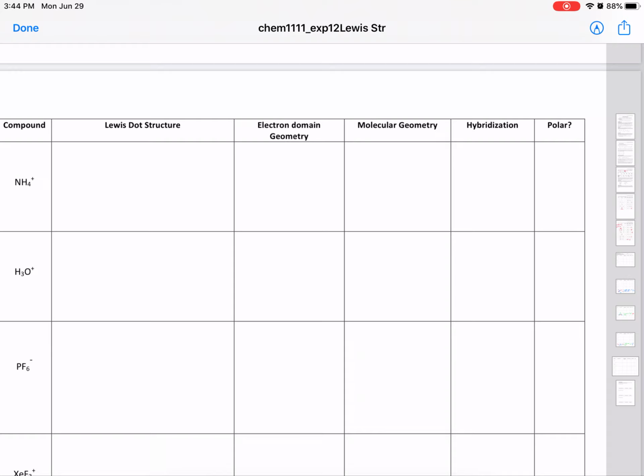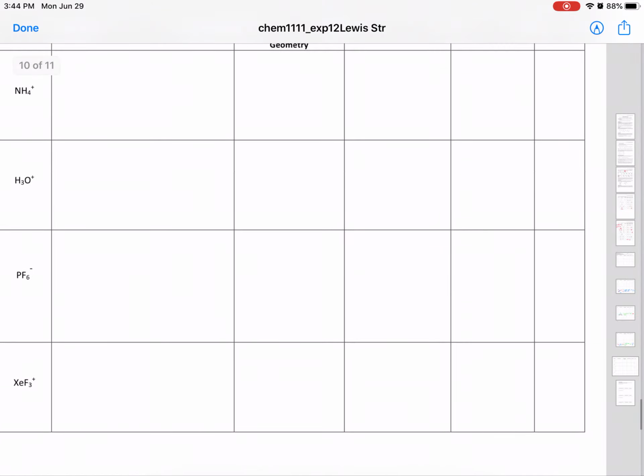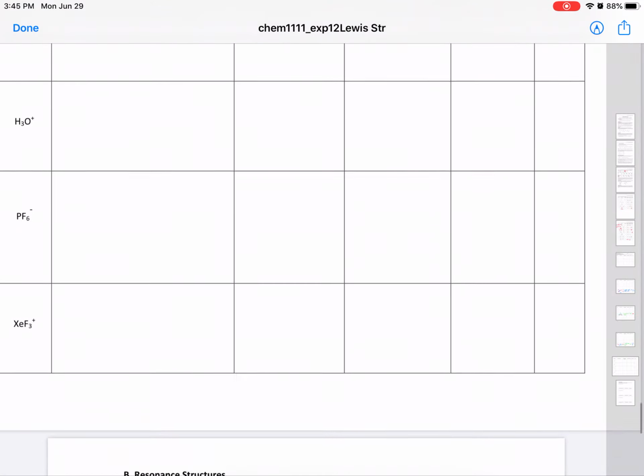NH4 plus ion, you can also draw the Lewis structure. You know that if it is a cation like a +1, how do we make up a cation? By losing an electron. So for the number of valence electrons, once you get it, you subtract 1. And if it is a negative ion, since negative charges are formed by gaining an electron, once you calculate the valence electrons, you will add 1 electron if it is -1, add 2 electrons if it is a -2 ion. Okay, ammonium ion you can do, hydronium ion also you can do, PF6 also you can do without any trouble,